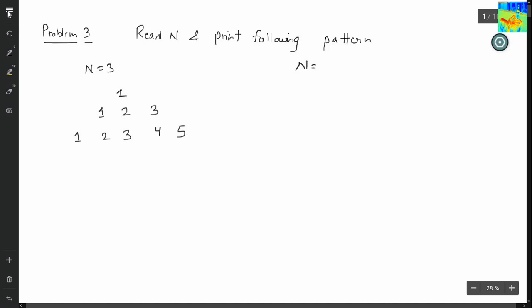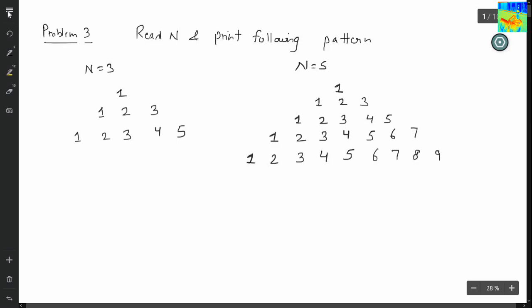And for n equals 5, my pattern will be 1, 2, 3, 1, 2, 3, 4, 5. 1, 2, 3, 4, 5, 6, 7. 1, 2, 3, 4, 5, 6, 7, 8, 9. Okay, so how we can solve this problem?